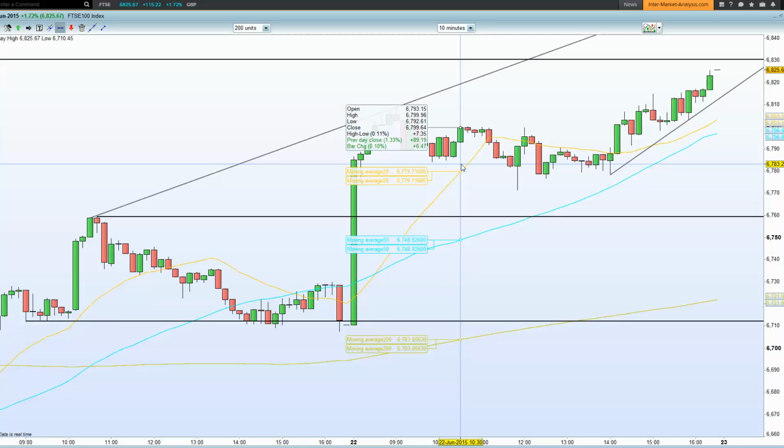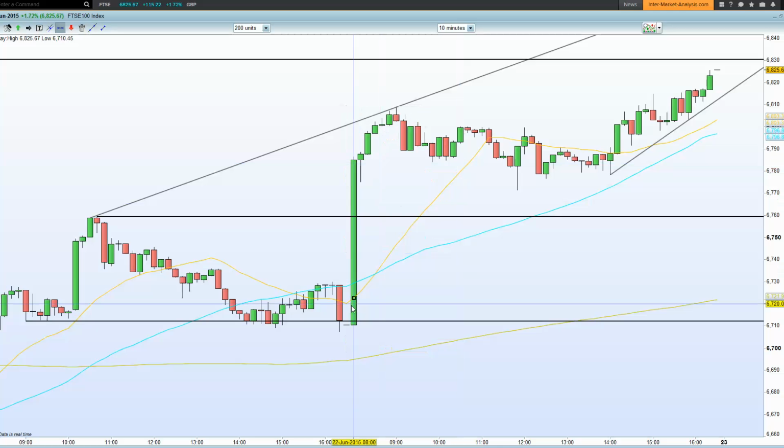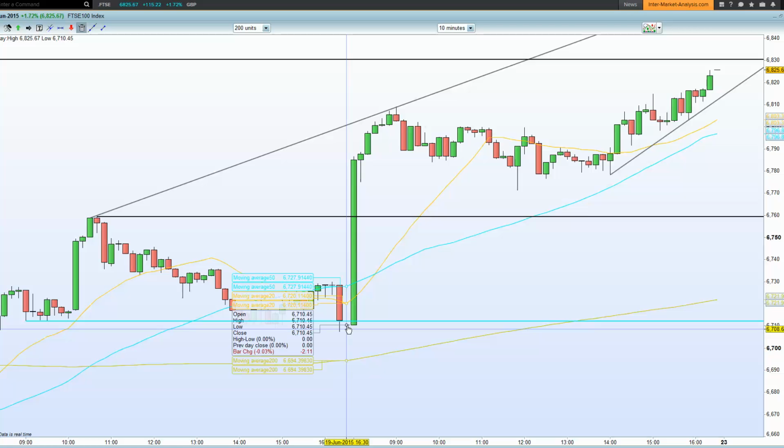Now the FTSE itself, bring up my chart now. I've got my gap here. So the gap that I've got here on the FTSE 100 is at the 6710 region, which obviously is this close here. So if I just draw in my gap, although that is horizontal support, so your gap at the moment, given the fact that we've had this thrust higher,